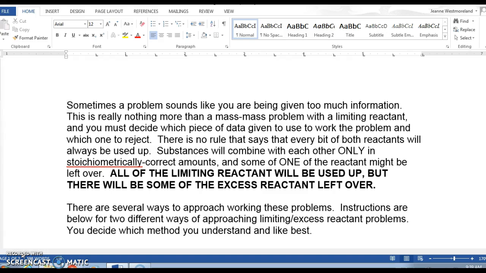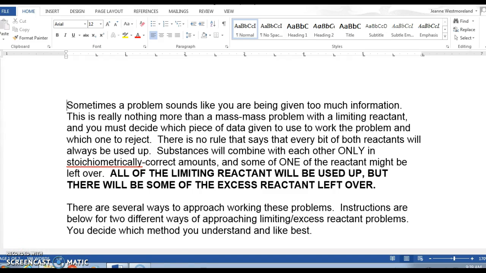So the main way that you are going to recognize that it is a limiting reactant problem is that you will be given two measurements in the question, and both of them will be about a reactant. Ultimately you'll need to decide which one is going to determine how much product you can form. The substances only combine with each other in their stoichiometrically correct amounts, so one of the reactants will be completely used up, and that one's known as the limiting reactant, and there will be some of the excess reactant left